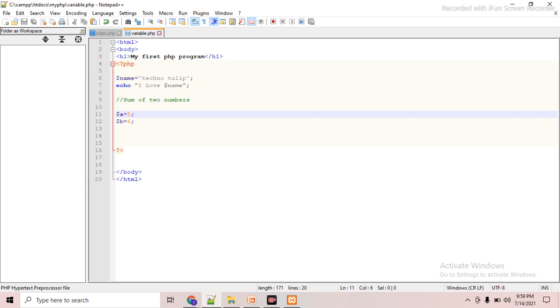Then create a third variable named $sum. What is the operation? We have to add these values, so we just write $a plus $b.